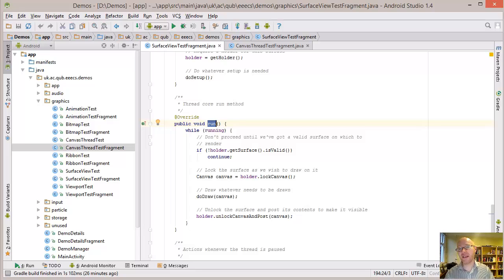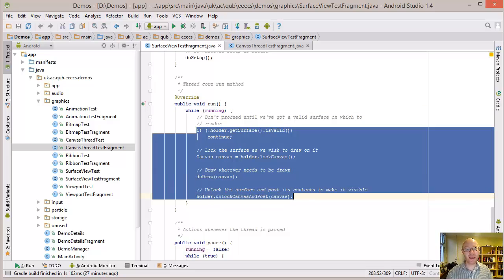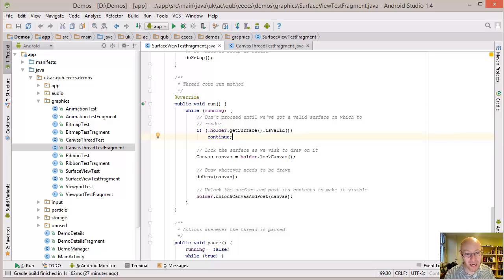So whilst running, similar to before, we're going to keep doing this whilst the fragment is active. What do we want to do? We've got a few steps down here. First thing is, well, there's a small test here. If the holder get surface is valid, if that is not the case. So in other words, I want to go to the holder. So this is basically the thing that can give me access to the surface view. And I'm going to try to get access to that surface, the bit of the screen, so I can draw